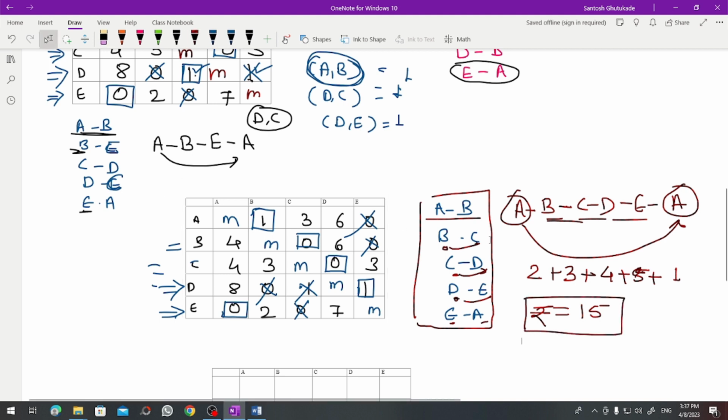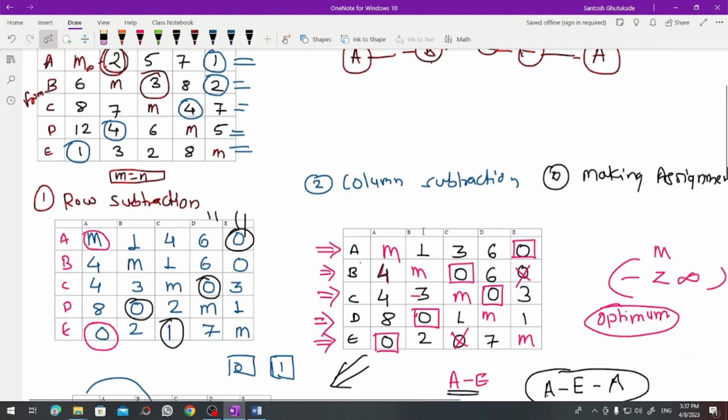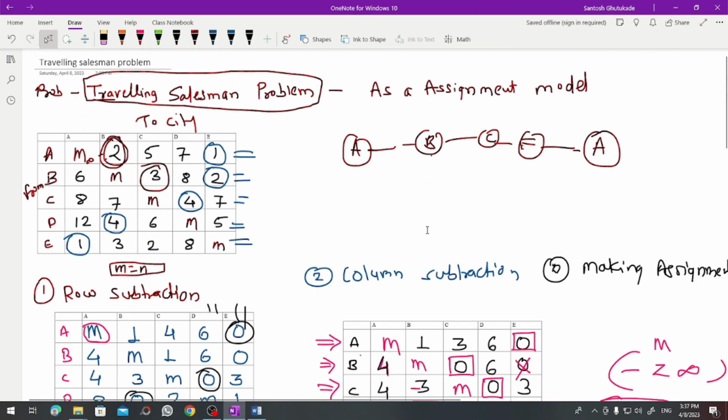So you must remember, when he starts with any city, he must complete all the cities and return back to the first city. In this problem, at the earlier assignment, he was not reaching all the cities. So we changed this allocation to this location, and then we got the final answer. Like that you can solve the traveling salesman problem. In the next lecture we will take one more complex traveling salesman problem. So thank you.